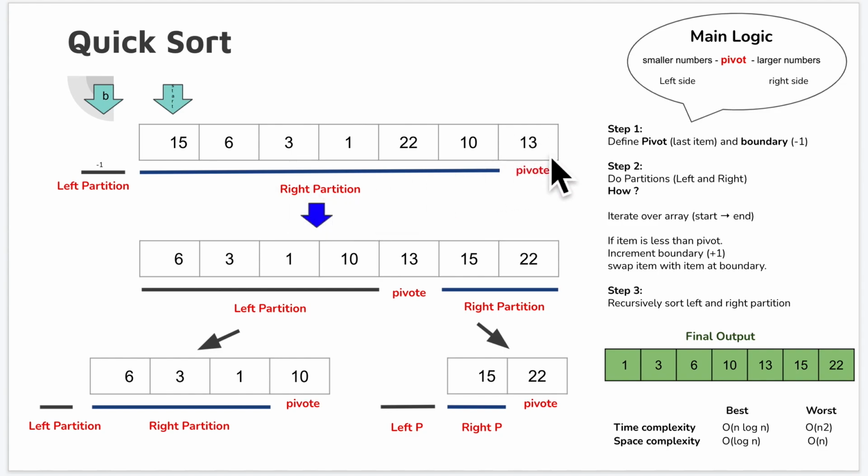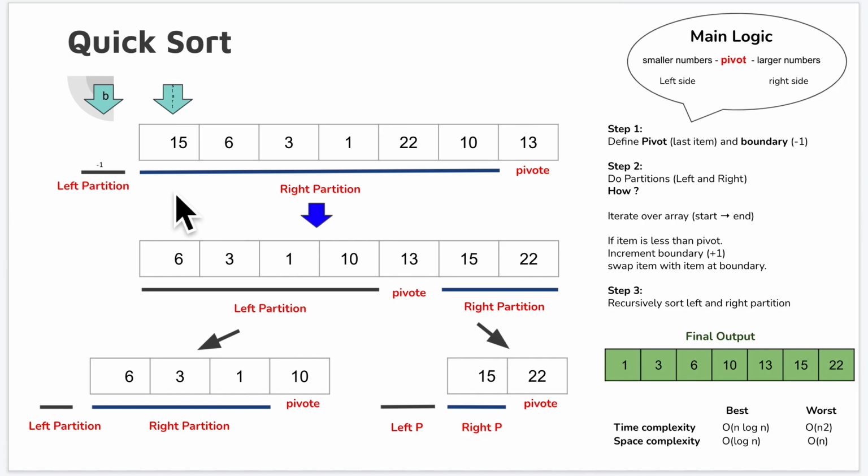Don't confuse yourself into thinking that this is the pivot and everything to its left is the left partition. That's not true. The pivot has nothing to do with the left partition and right partition. The pivot is an isolated number. Now this is the pivot, and the entire array from start to end will be the right partition, and we have the left partition empty. That's why we have pointed the boundary to -1. Now we are going to push all the small elements to the left partition, right?